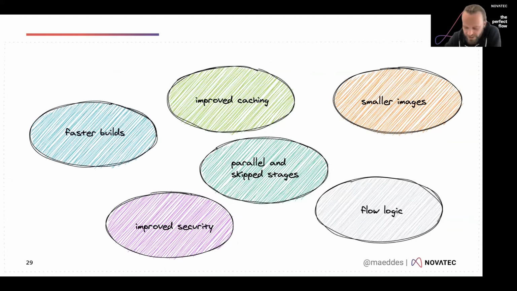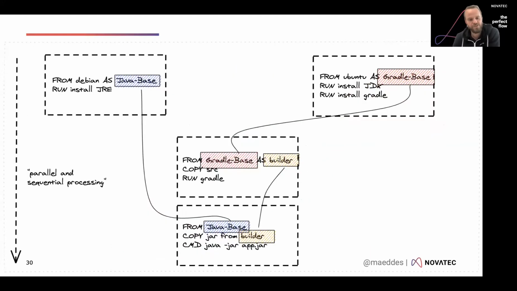It's basically those things we have already seen that make a container build process better, like faster builds, smaller images, improved caching, also improved security, and also improvements in the flow logic and parallel and skipped stages. So that turned the Dockerfile into a bit of its own programming language, where you really can say, I want to run some steps in parallel, I want to skip some steps if certain conditions are fulfilled, and so on.